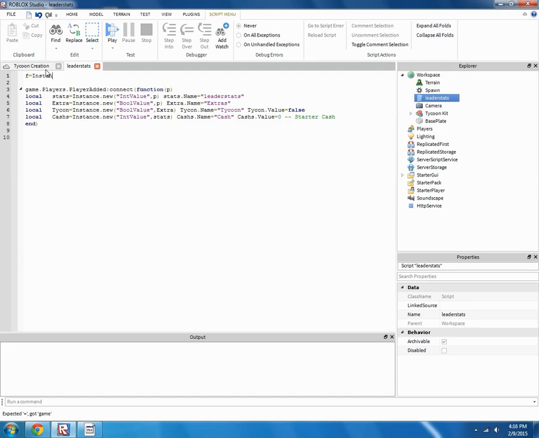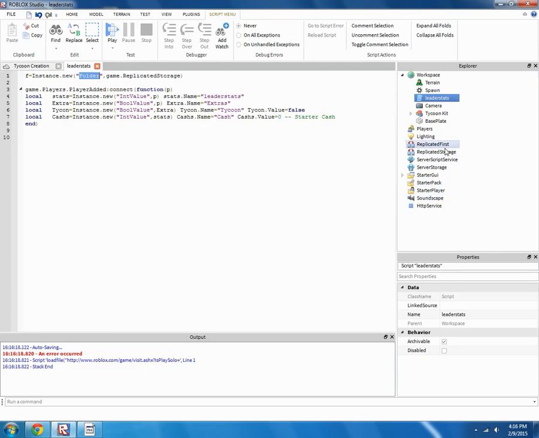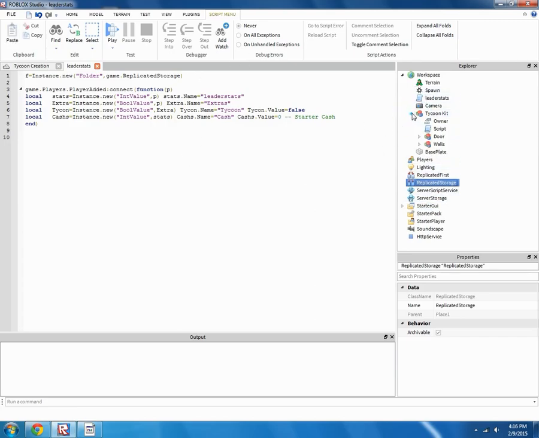f equals Instance.new folder. And yeah, I'm adding a folder. Don't know why, but I just want to, okay? And game.ReplicatedStorage. Once the game starts, it's going to insert a folder into ReplicatedStorage, which is that. And this is where we're going to be storing our Tycoon clones. So normally it's a whole different script inside of the Tycoon, but we're just going to make it into